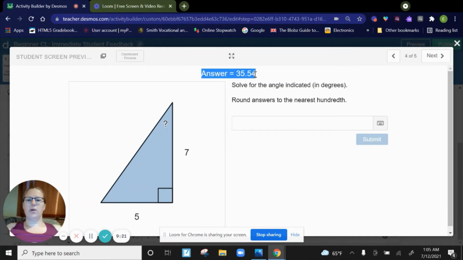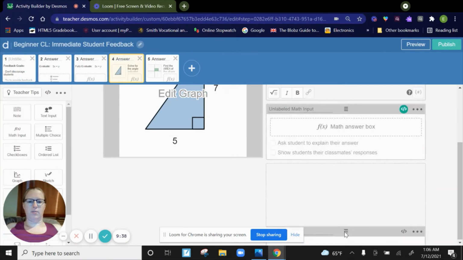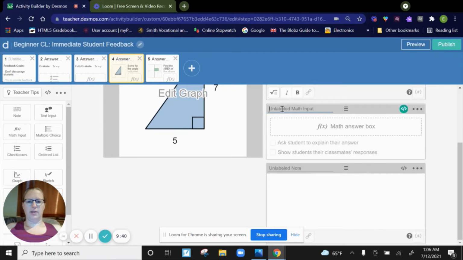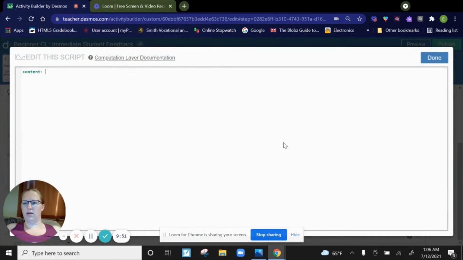All right, so this one is a trig problem. We're solving for the angle, and I put that the answer is 35.54. It's in degrees, and it's rounded to the nearest hundredth. So if I add a note and bring it to the bottom, and this is going to be input for slide 4. This is feedback for slide 4. I'm going to label it content